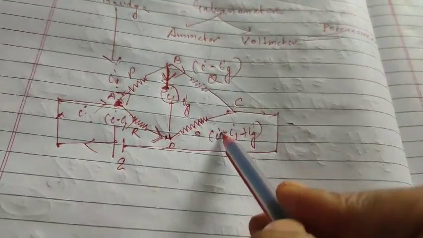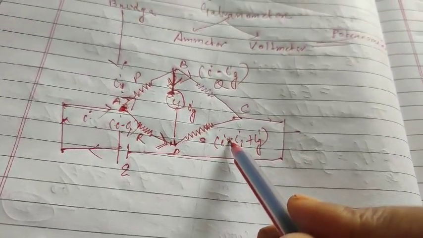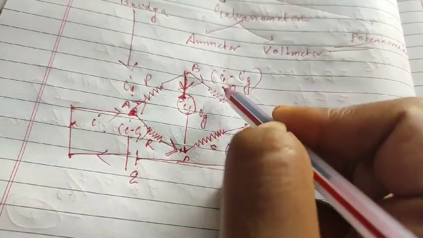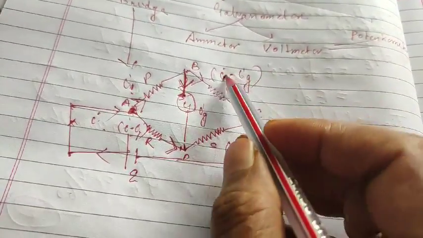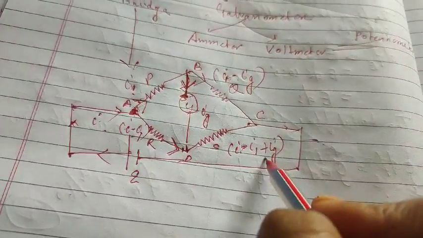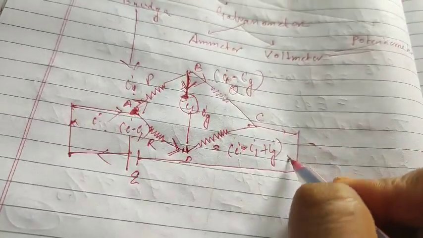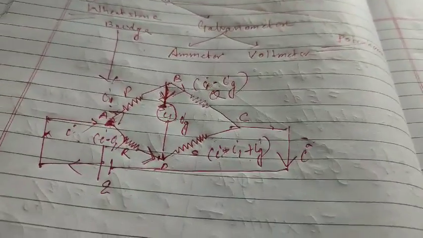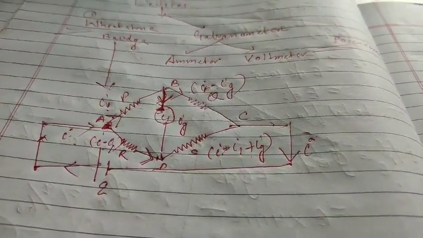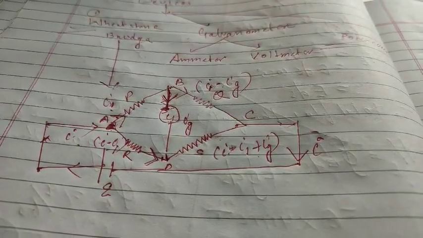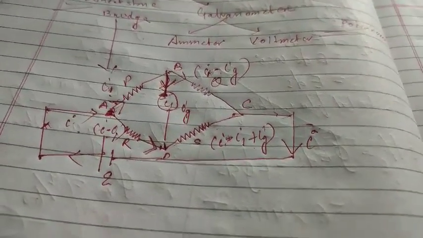this is negative I1, and this is positive I1. Negative and positive will cancel. Then this is minus Ig, this is plus Ig, so it will be cancelled. Now you are left with only I. So this is a rule which should be satisfied: the amount of current entering the circuit is the same amount of current that should leave the circuit. Clear to you?